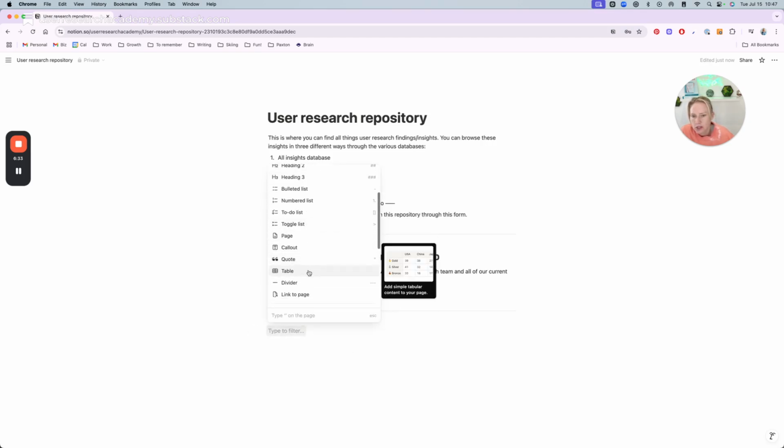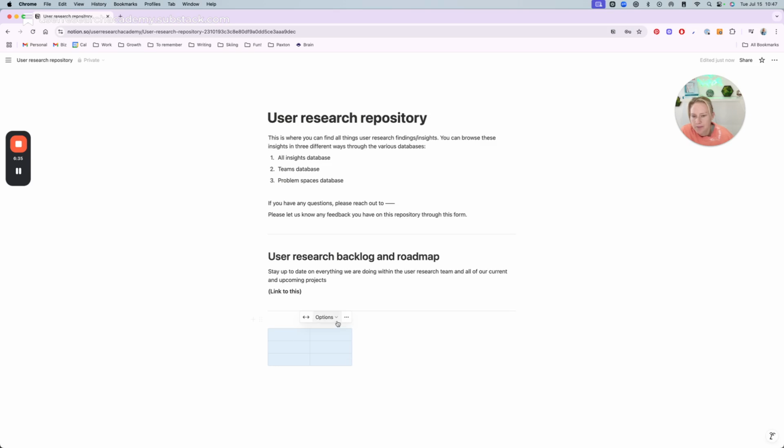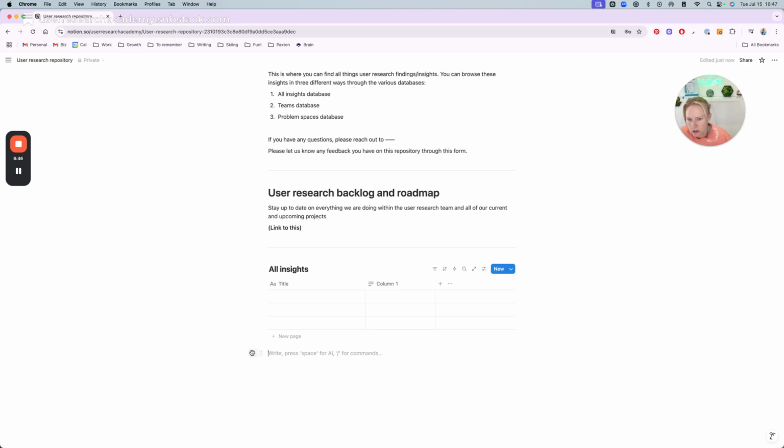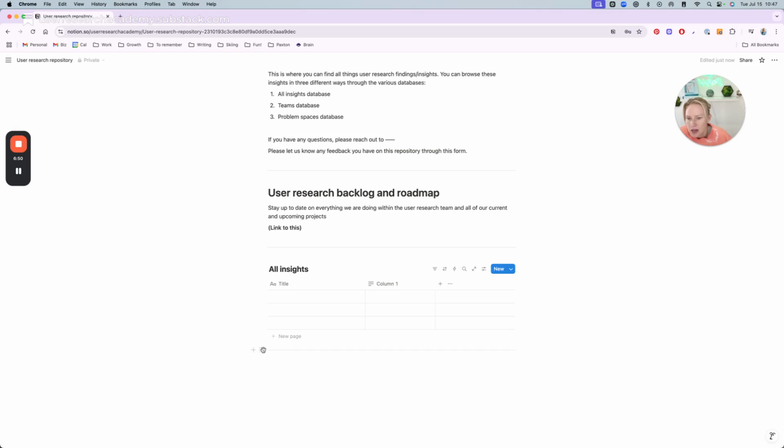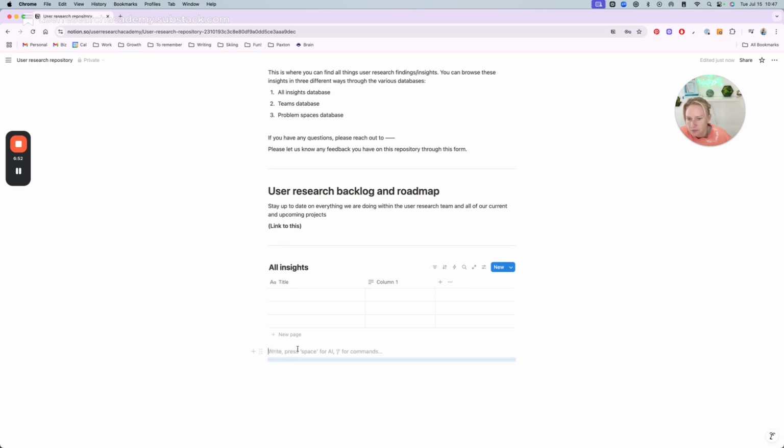So what you're going to do is create a table. Very easy table, and you are going to turn it into a database. And this will be our all insights. And then we'll just fill out this one first, and then we'll go back and edit it where we need to. So this is our all insights, which is